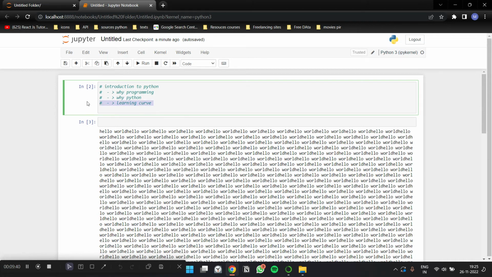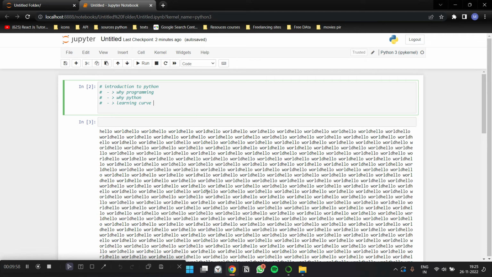Okay, what is a learning curve? Guys, the learning curve is very important. Sir hasn't given this and it's not required, but I'll tell you what a learning curve is. Look, before you start learning something, some new language or a new subject, anything, there's something called a learning curve. Each subject has its own learning curve. For example,